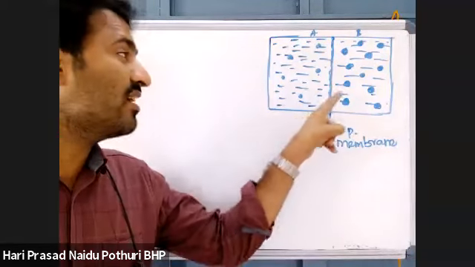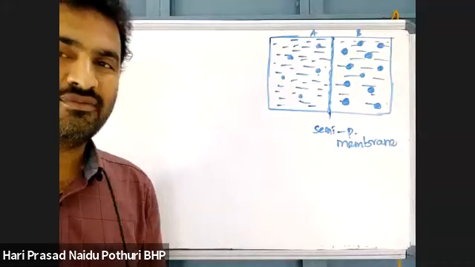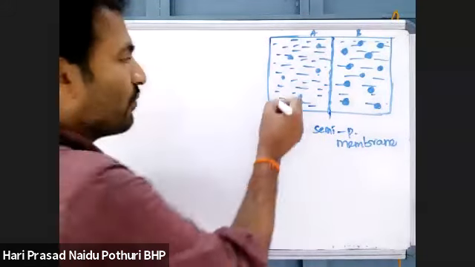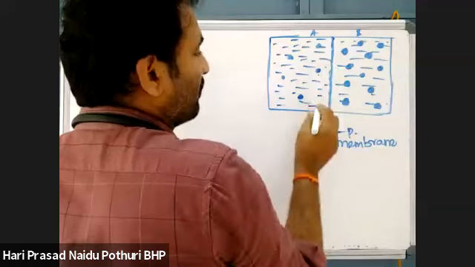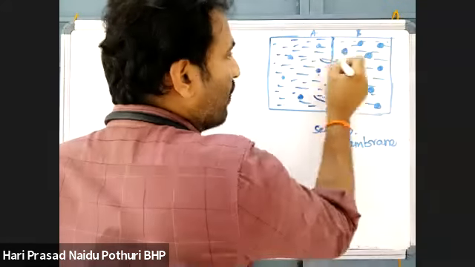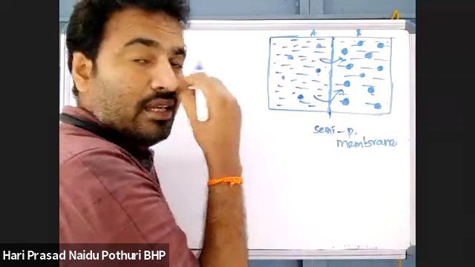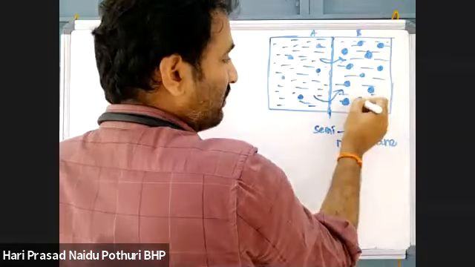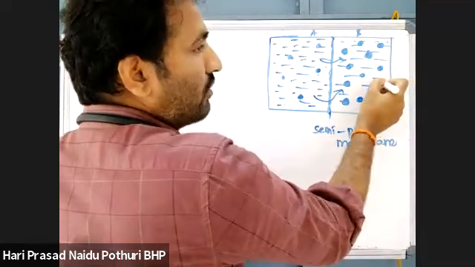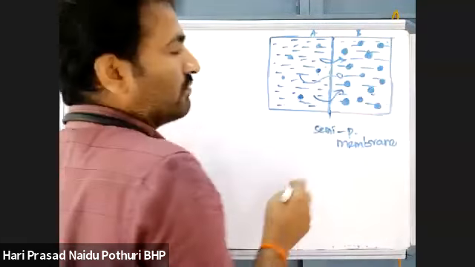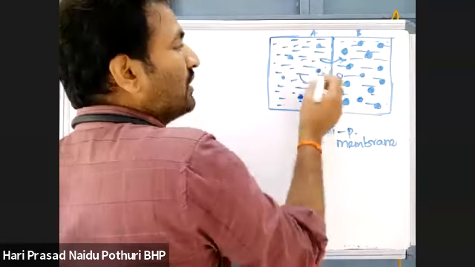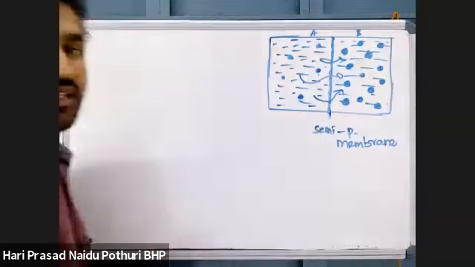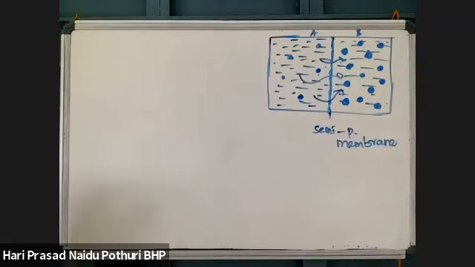But against the concentration gradient of solutes. Yes or no? Here water concentration is more, so along the concentration gradient of water there is movement. But solute concentration is more here. Solutes are more, but the movement is opposite. So the movement is opposite to the solute concentration gradient. Okay, write down some points regarding this, then I will explain with the help of an experiment.